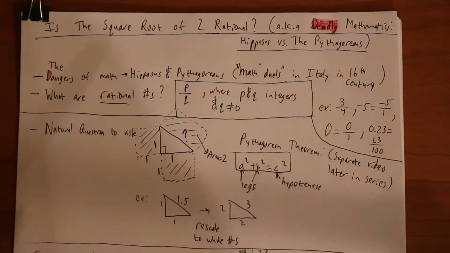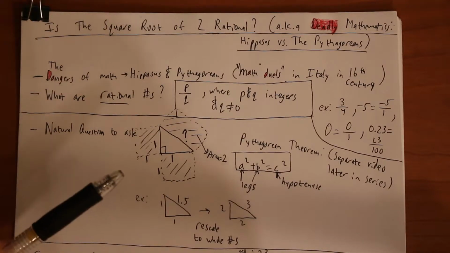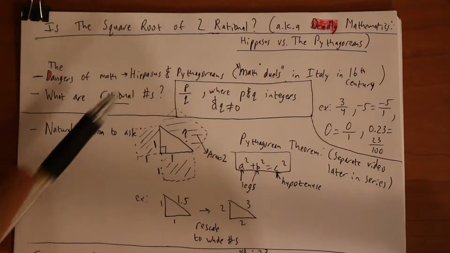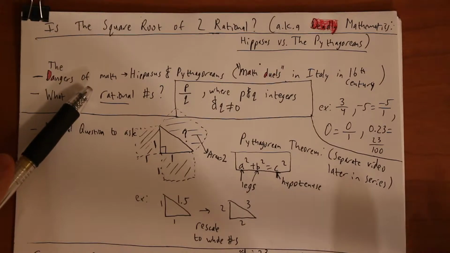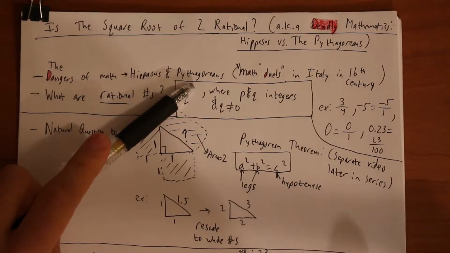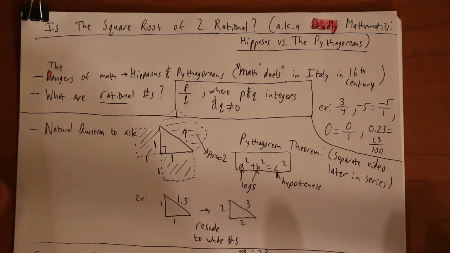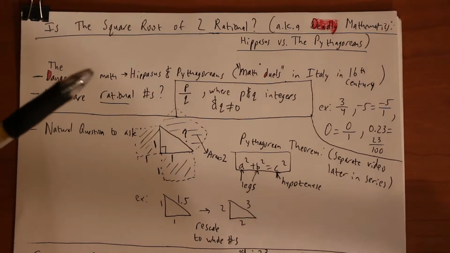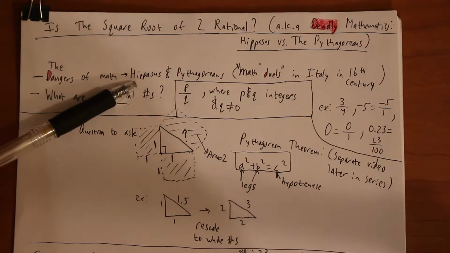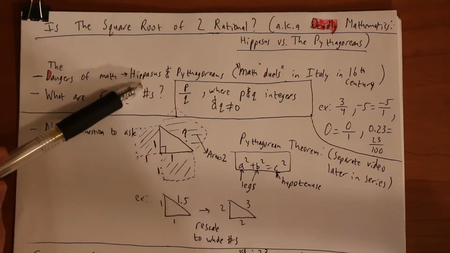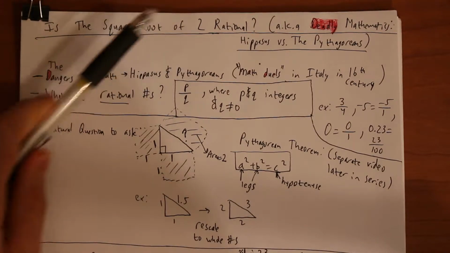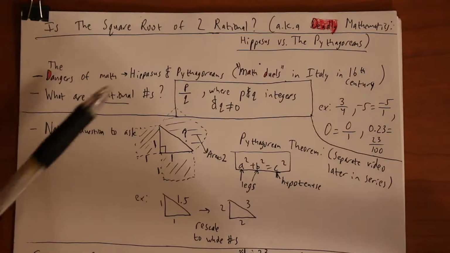Okay, so let's go a little bit into the backstory. So math can be deadly and dangerous. So the dangers of math, Hippasus and the Pythagoreans. There was a school of ancient Greeks known as the Pythagoreans, followers of Pythagoras, and rumor has it, and I encourage you guys to read Wikipedia or other sources, study this more. This might be a fake story, but there's a famous myth that Hippasus, one of the former members of the school, divulged a secret, and because he had divulged it about the square root of 2, they had killed him.